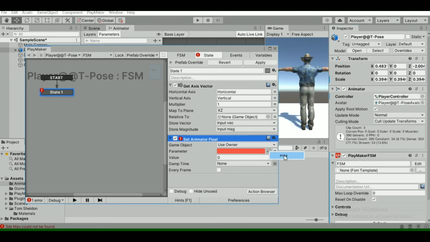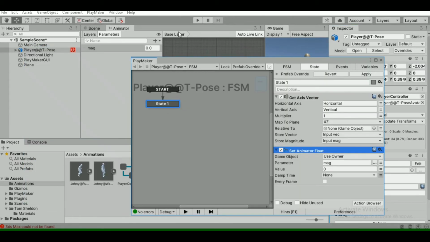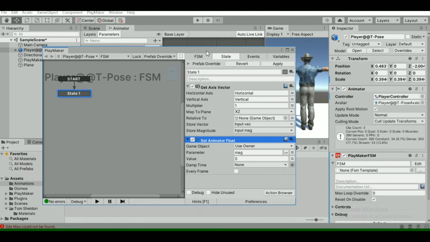This is the same magnitude we have just made here. So we are doing this just for changing the values of that magnitude that we stored inside the animator. And just select this input magnitude, and here just every frame.